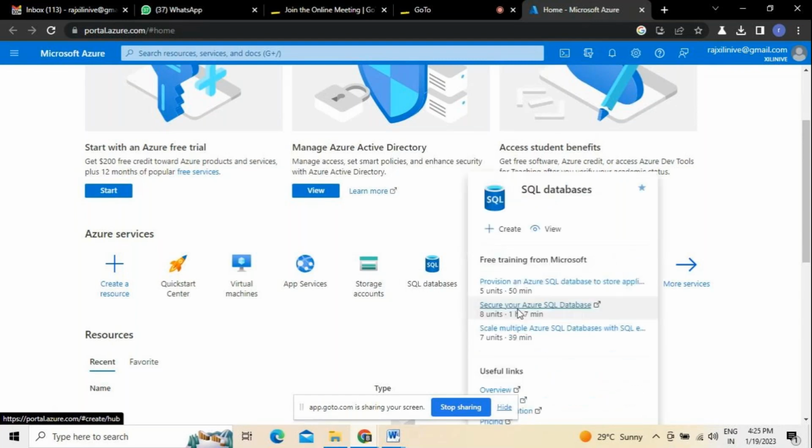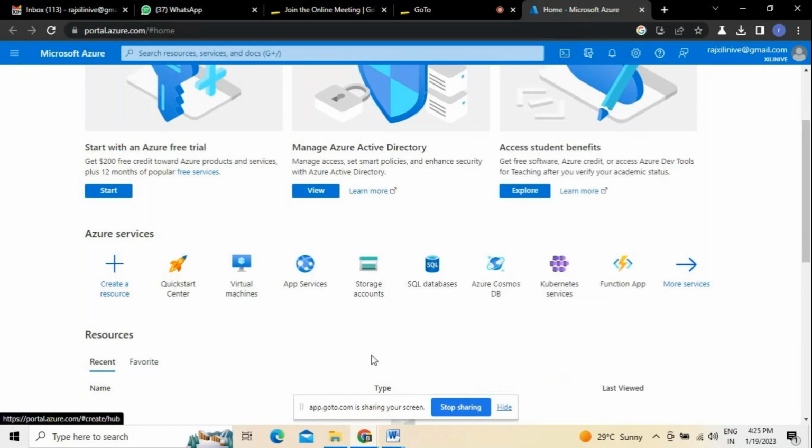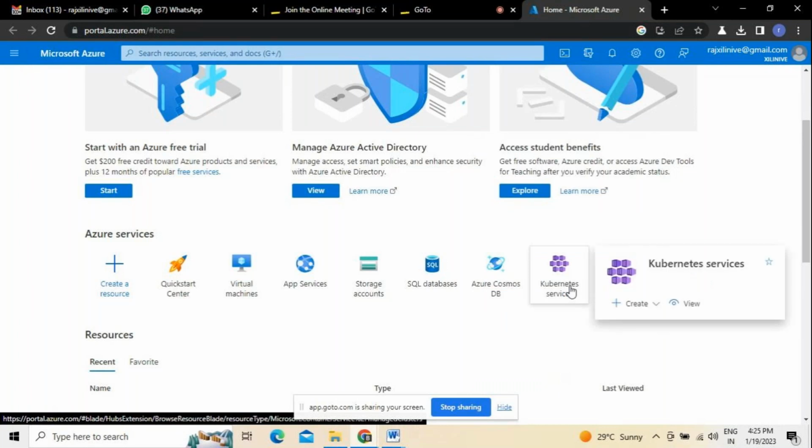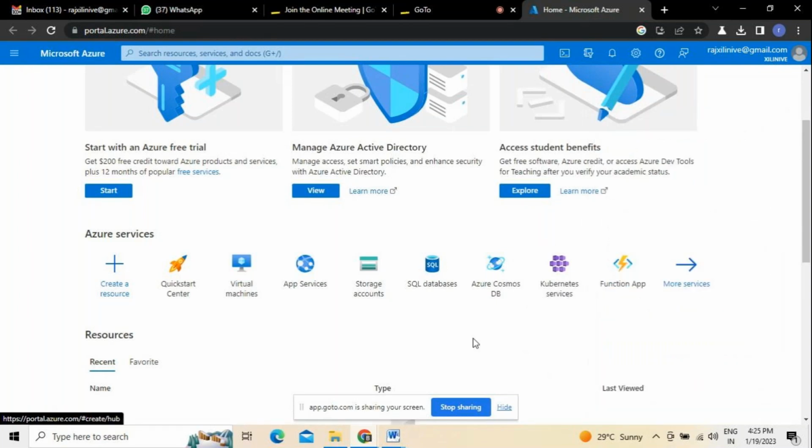So here we have an option where we can create SQL databases, which can connect with the existing cloud service providers we are using. At the same time, Kubernetes is used exclusively for DevOps environments, because when we are working in an agile as well as DevOps environment in application development, whenever we use cloud services, DevOps connect is also essentially required to start with. For that, Kubernetes, Ansible, all these will be used in this context.